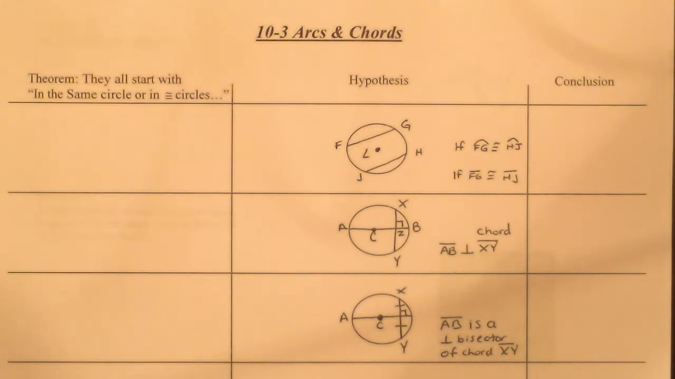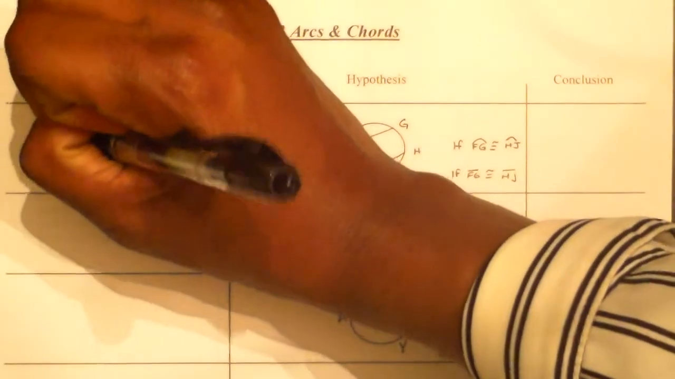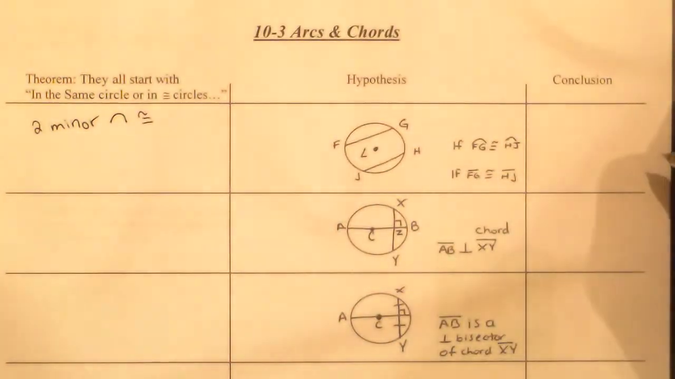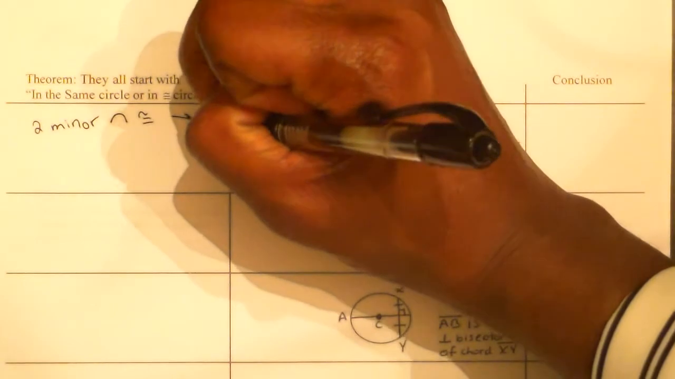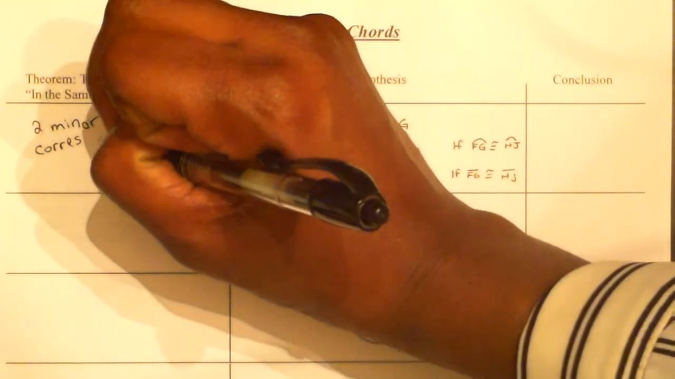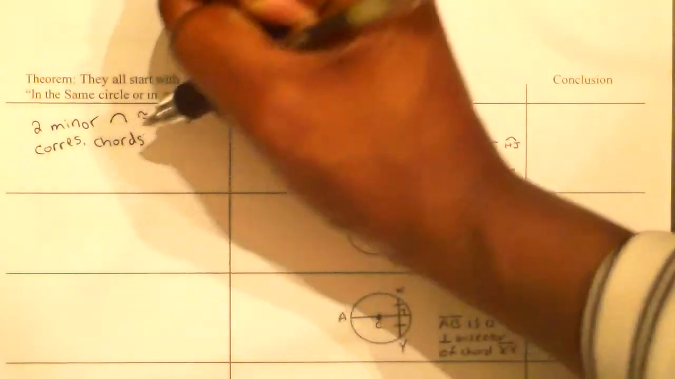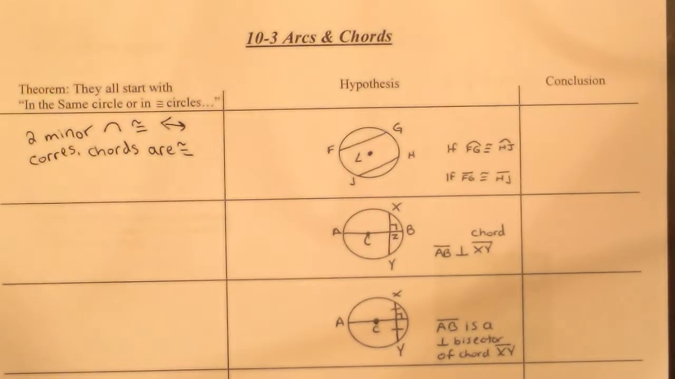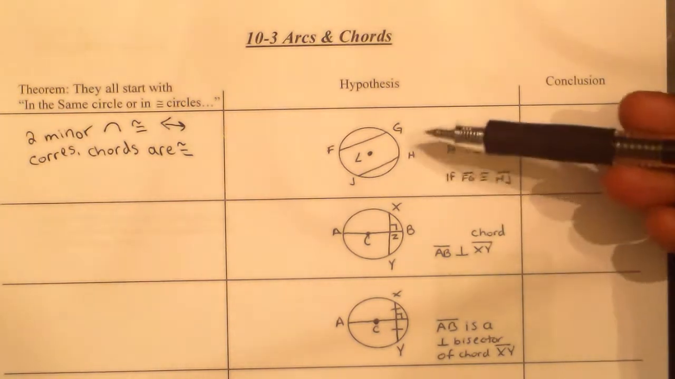First one says in the same circle or in congruent circles, two minor arcs are congruent if and only if their corresponding chords are congruent. I'm kind of writing sideways because I have to reach around the tripod, so sorry. So that says in the same circle or in congruent circles, two minor arcs are congruent if and only if their corresponding chords are congruent. So if we look at the hypothesis, we have the circle with the two chords, and if it was